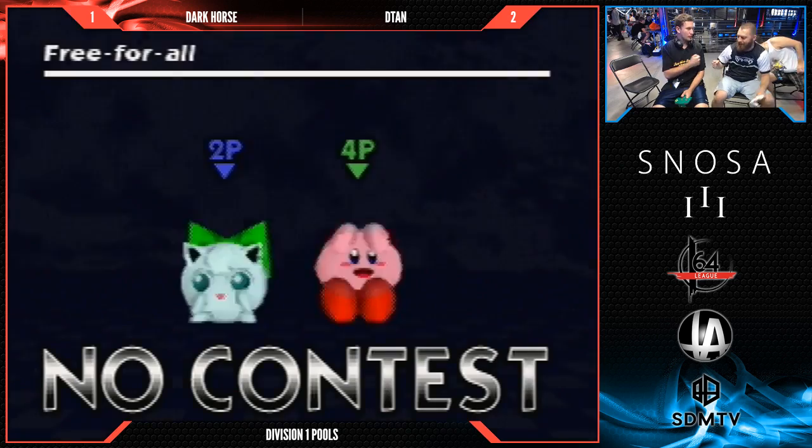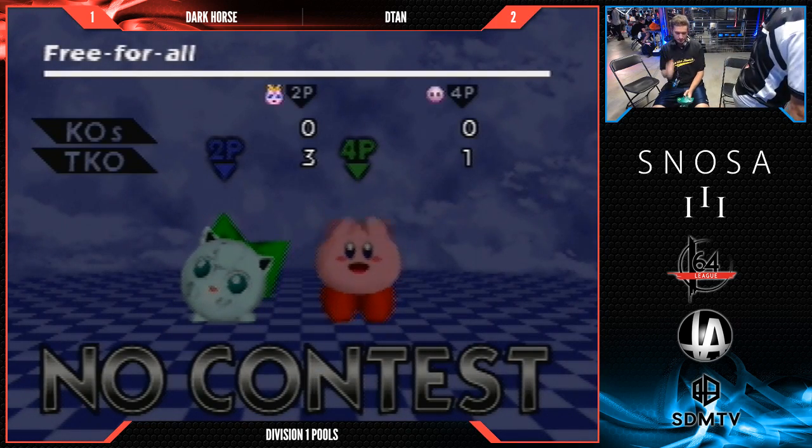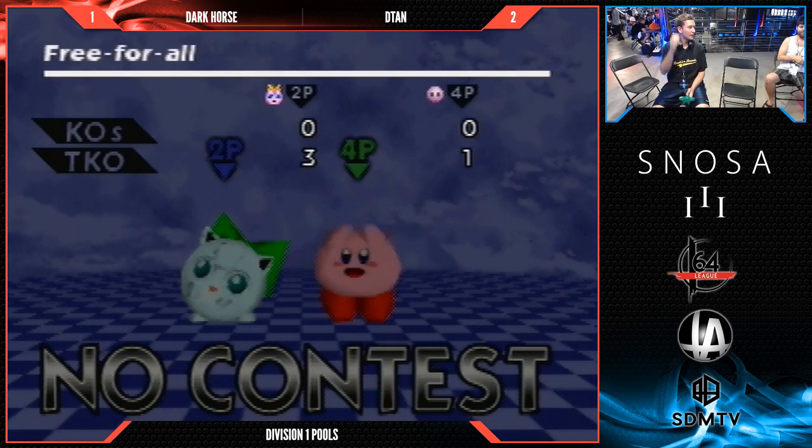And that'll finish it. And that'll be 3-1 in favor of DTan, the god, the deity, as he's known in Colorado. And because this is a three-person pool, that means DTan